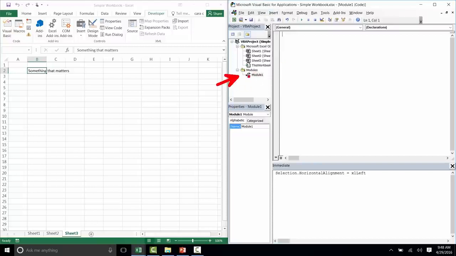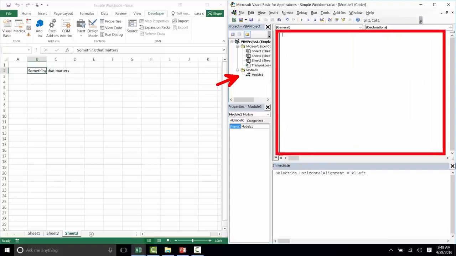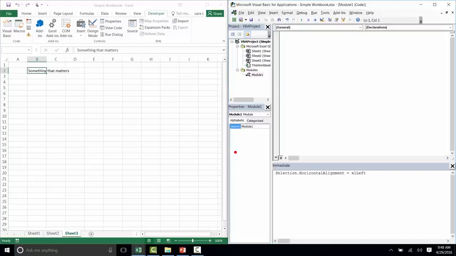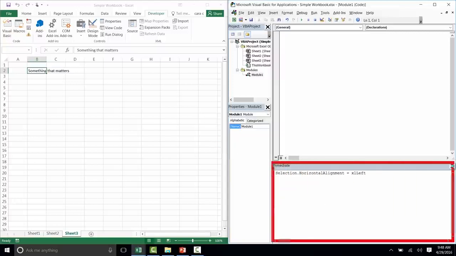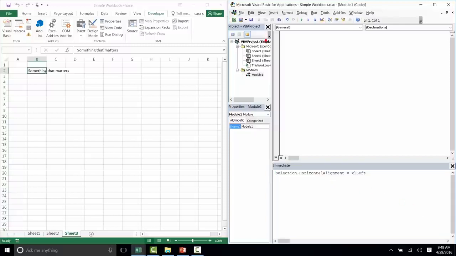And when I got that folder here and I got module 1, I also got this code window. So we do want to make sure that we have this code window up here. We should also have a properties window down here that usually comes standard. The other thing that we do want to see is our immediate window, which is on the bottom of our screen. Now, in order for me to see that, I did have to go to the View drop-down menu